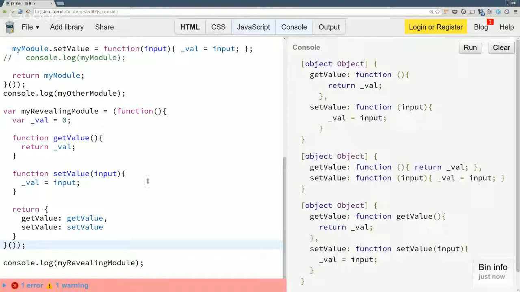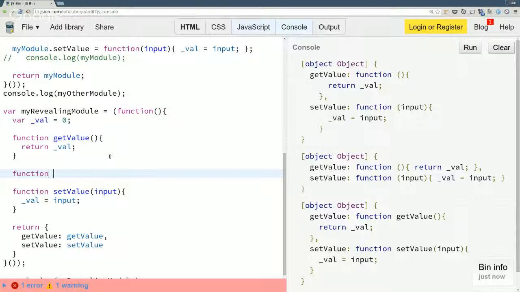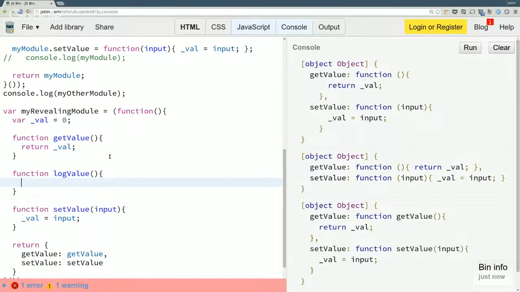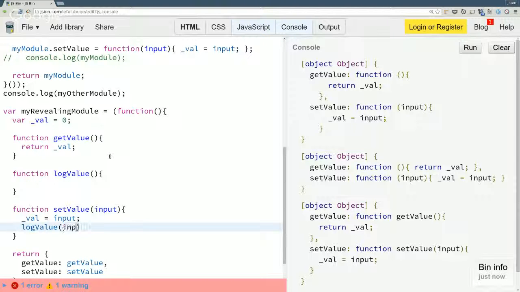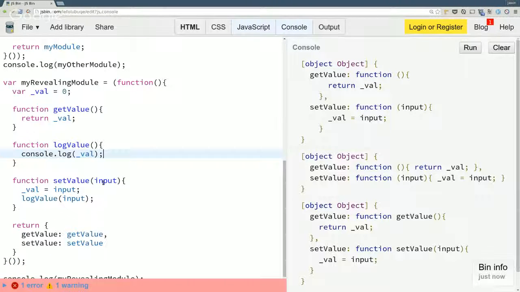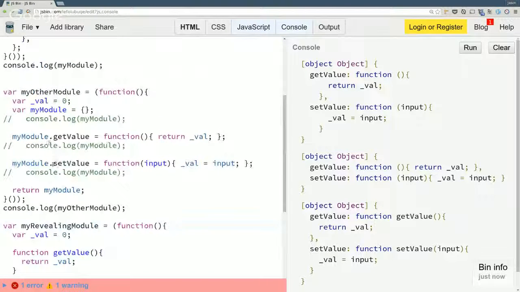So what's the difference between the revealing module and the other one? The difference is that I can have internal functions in here, like log value. It's not really that much different than this one.